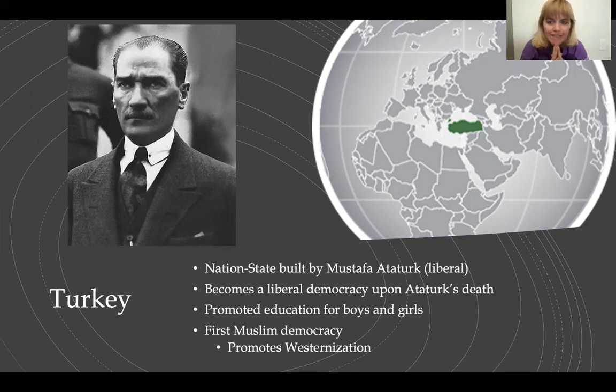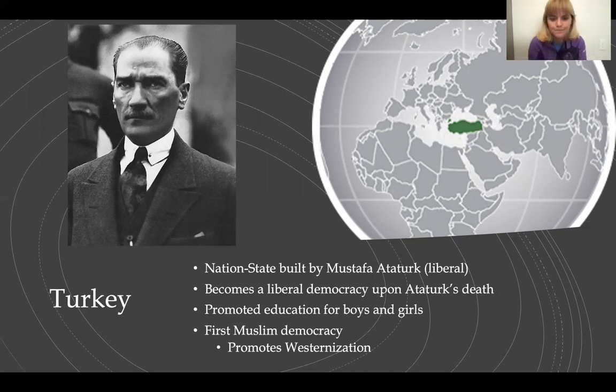So Ataturk will initially be a dictator and will later sort of loosen up the reins and become more of a liberal democracy. Okay. Now, because of Ataturk, and he really is the father of the modern day nation state of Turkey, right? And Turkey, even today in 2021, is a liberal democracy. Now, I know, there's been some ups and downs. All right. Even today, the leader of Turkey is kind of not so great of a guy.